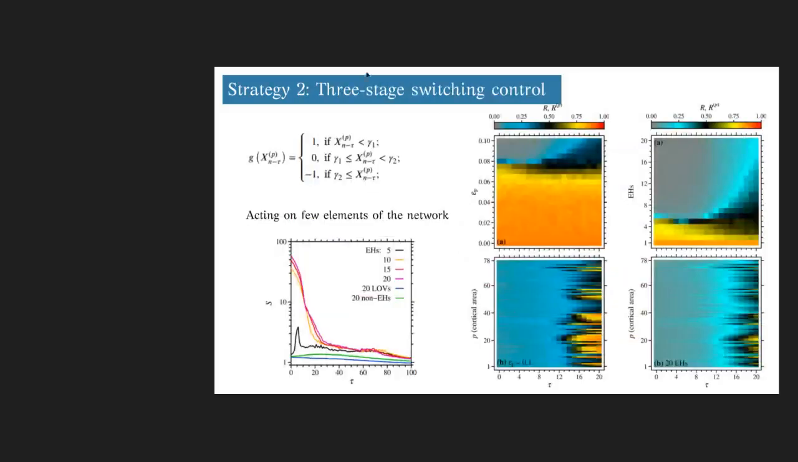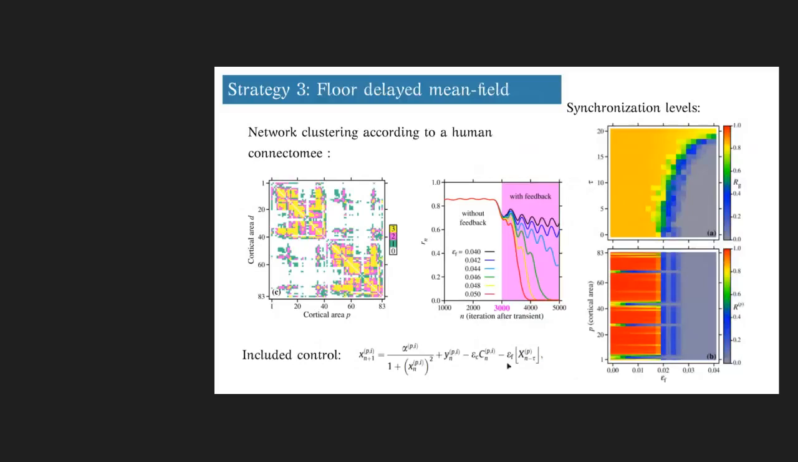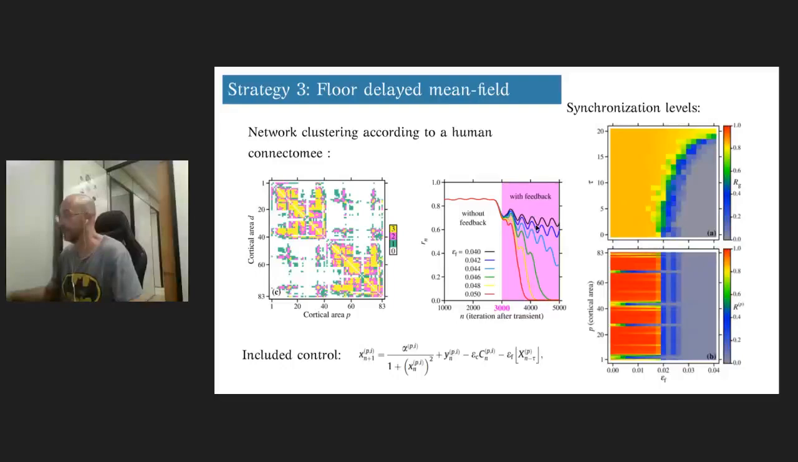So the best result is considered the two-stage switch control because it acts on a few elements of the network, but the result here is very interesting because also considering a chemical connection when we start